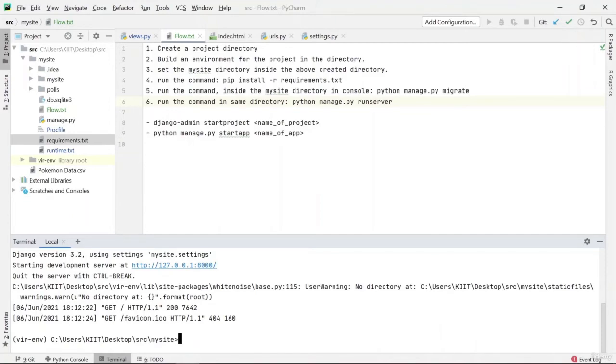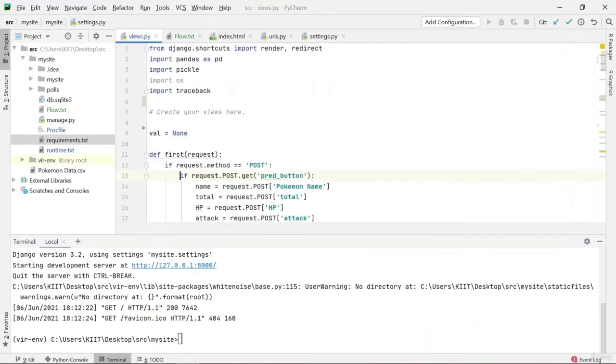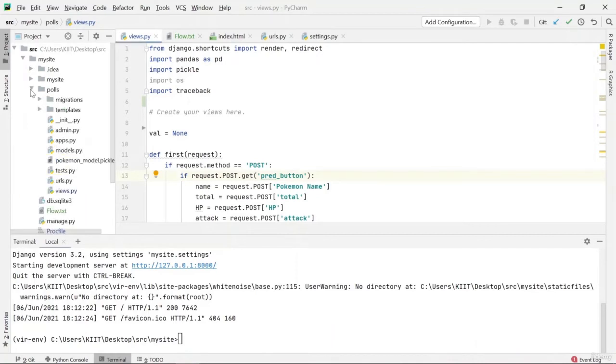So let's understand the next thing, which is making some changes in your settings.py, and where the loading, or you should say rendering, of the pages, maybe handling of the data, is done. This is the views.py file inside your app folder, which is polls in my case. You can see that a lot of files are present: views, URLs, models, and many more. Basically, you should focus on views, URLs, and models.